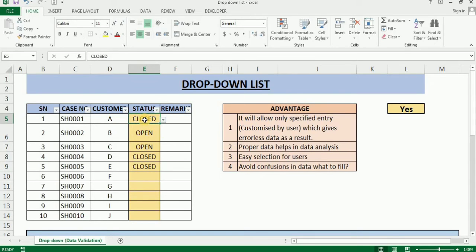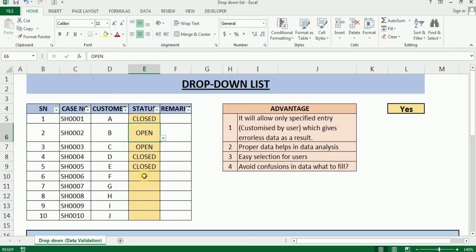The customer's complaint status is either closed or open. Later on, when this data is filled, I would like to analyze how many cases are open and how many are closed. Only two options I would like to analyze.